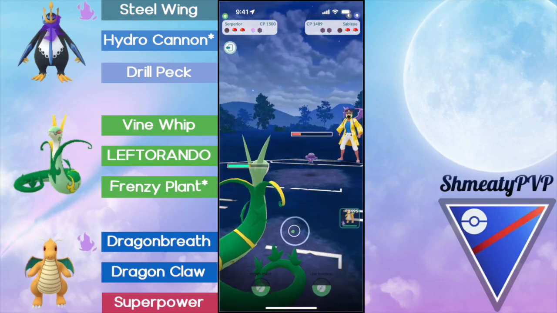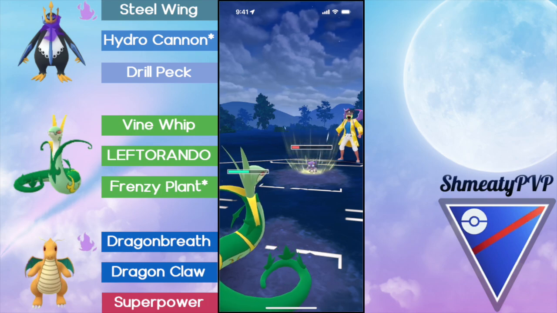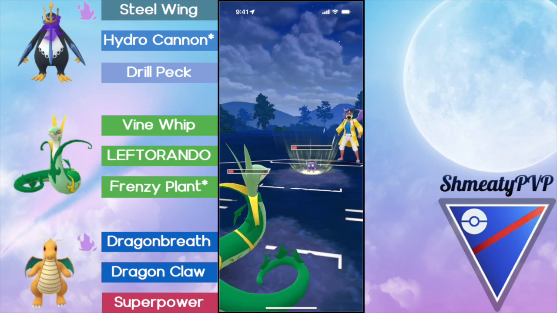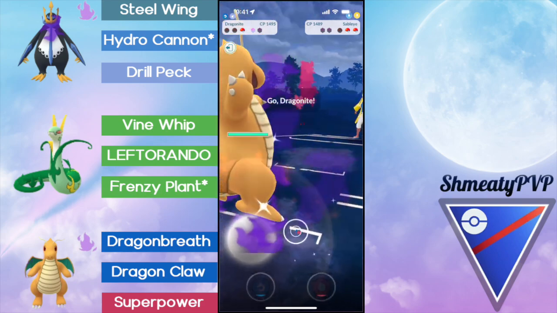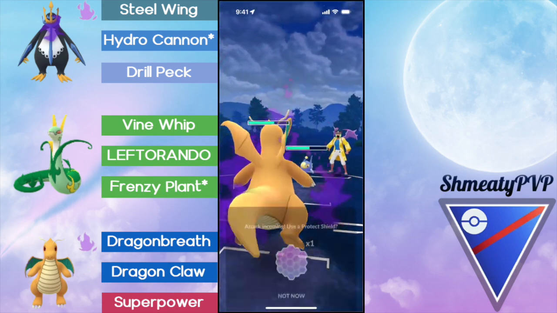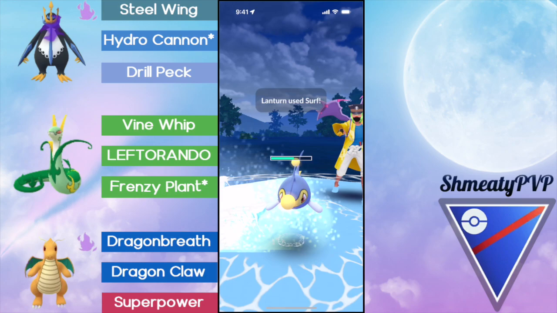They don't want to give up all that energy, so they do have to shield. They were in LEFTORANDO range there. They did put up the shield, and now I'm just going to no-shield. I think if they're going to go for the double Foul Play as opposed to the single Return there, they are going to go for the double Foul Play, and in the back, it's a Lantern, but we have our